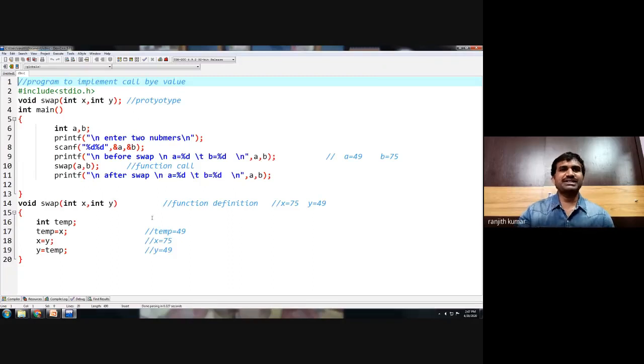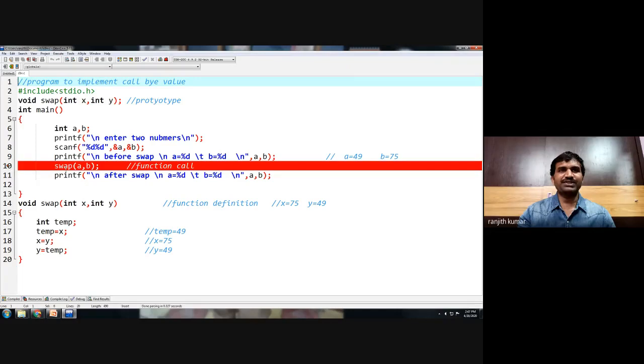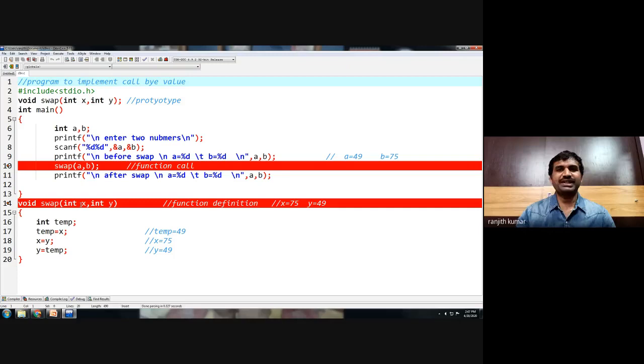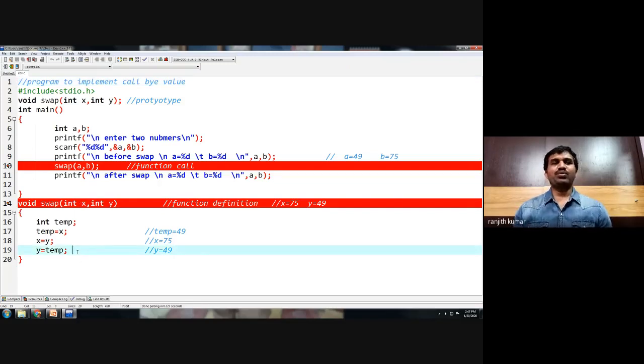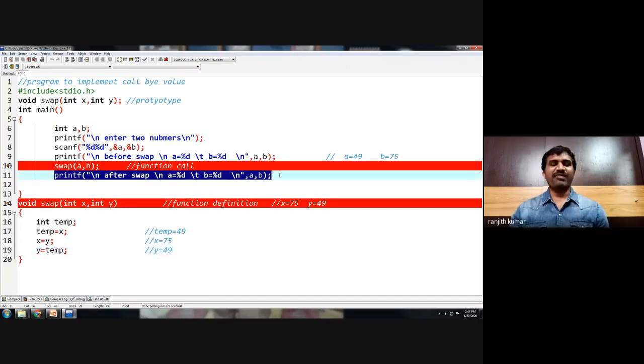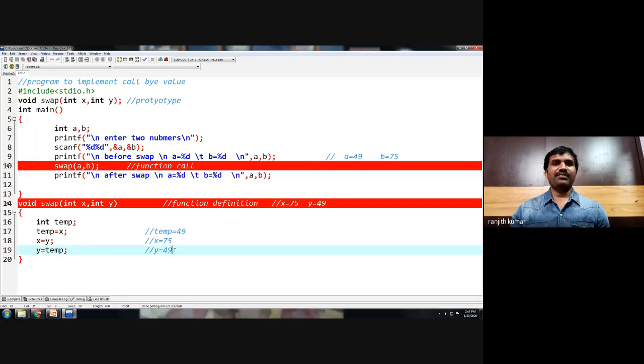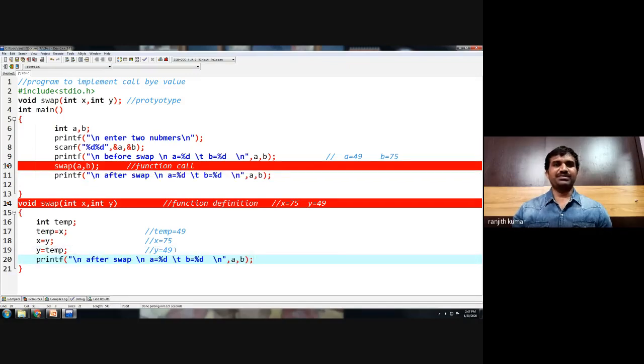This program illustrates the call by value mechanism, where we have two parameters in the function call, a and b, which are actual parameters, whereas in the function definition we have two formal parameters. In this swap function we are swapping two values, but the swapped values are not available in the main function, because they are only available inside the swap function.